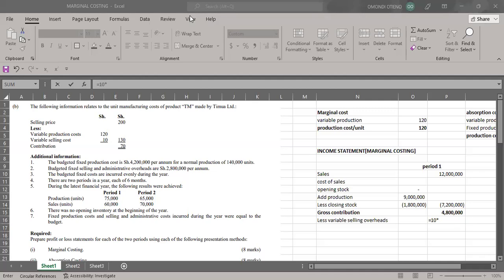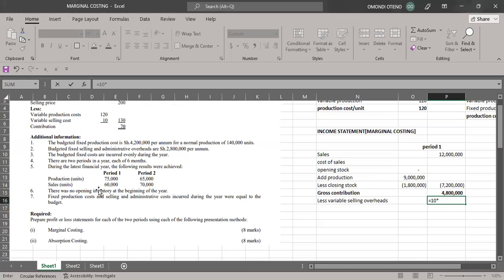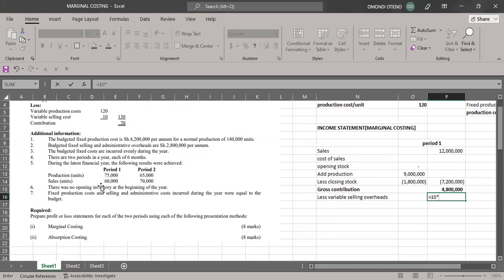What will I use to multiply this variable overheads? Somebody, the variable overheads. I will be multiplying by the units sold, right? So the units sold is equal to 60,000, right? So less variable overheads,